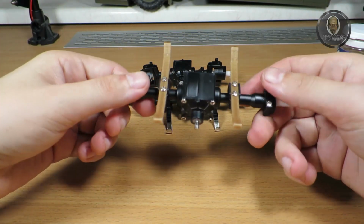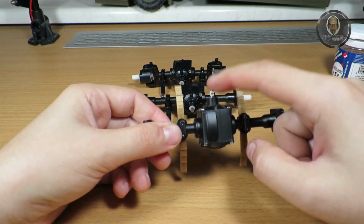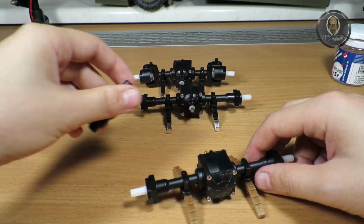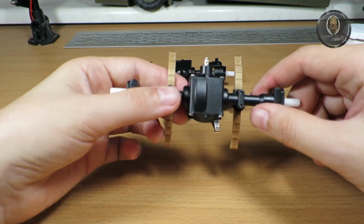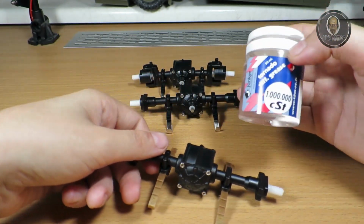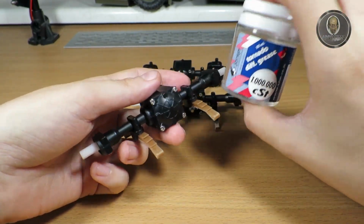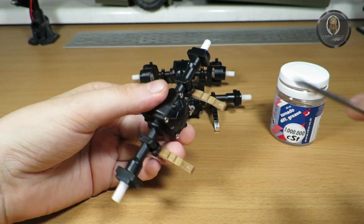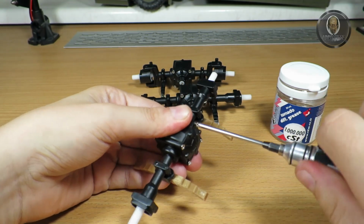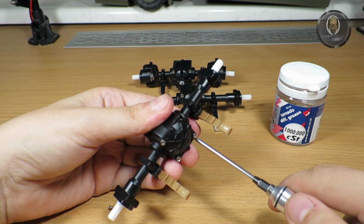Okay, so I have it out. As you may notice, I did fight with the drive shafts. They are really tight in there. Even without the screws, I don't think they will move. Now, first of all, I think I will put the grease inside. It's the first time I'm using this, so I don't know if it will work, but I really want to test it. I think I will open both sides and just put as much as I can fit inside,